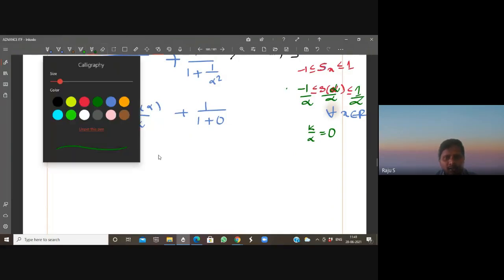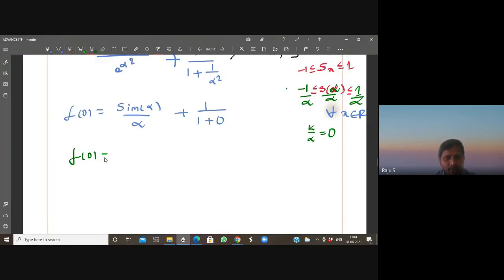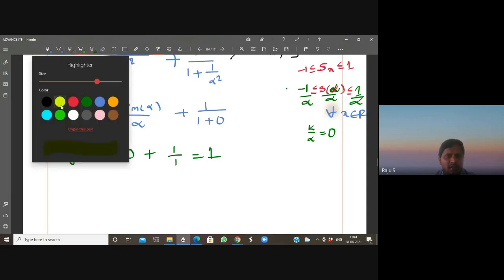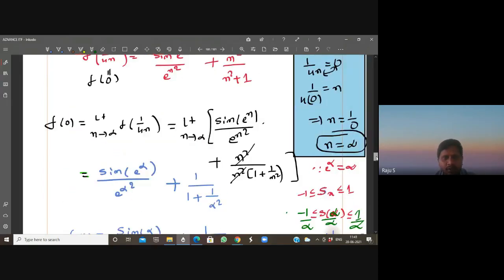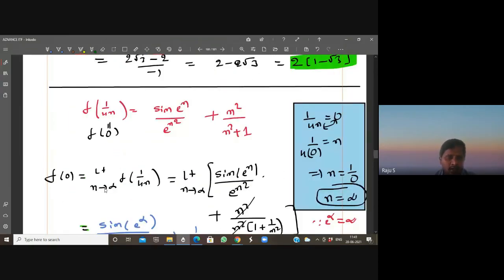So f of 0 is equal to 0 plus 1 by 1, that is nothing but 1. So the f of 0 value is clearly 1. Understood? Simple. I'm taking n tends to infinity, then